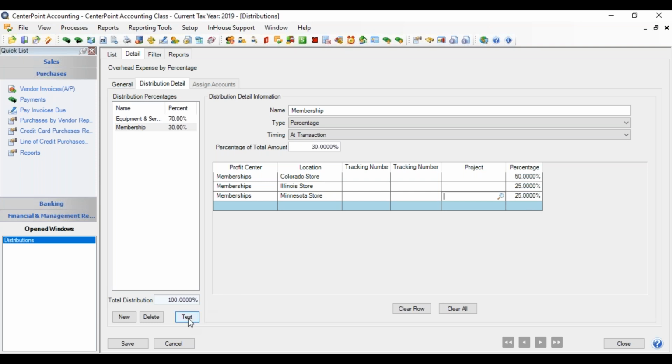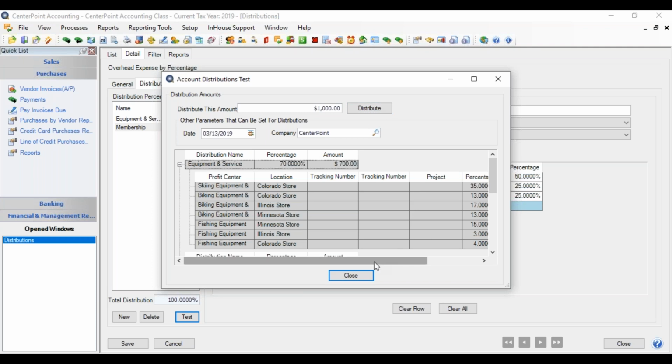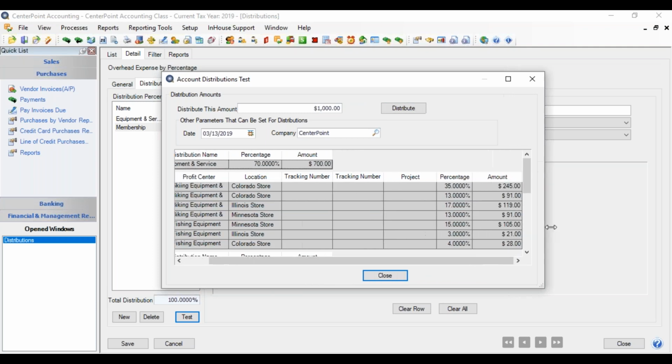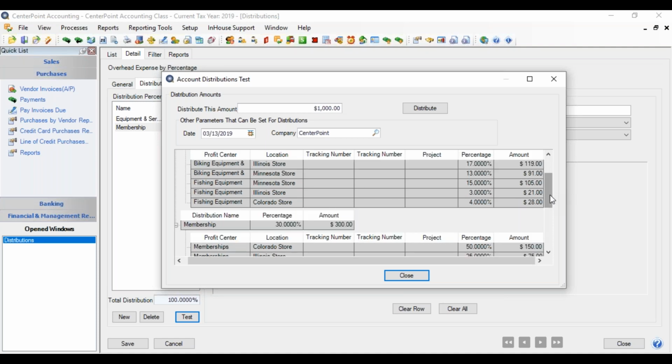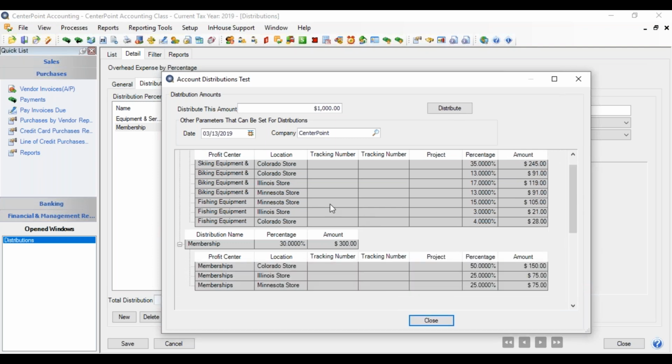If we click our test button, we can see what would happen if we put an amount in here. So let's put $1,000 so it's easy to see, and click distribute. And now we can see how the dollars would get divided out on our setup that we did. So under equipment and service, we have the grid here. Let's pull this down a little bit. There we go. We can see how the different profit centers for our equipment and service are divided out,